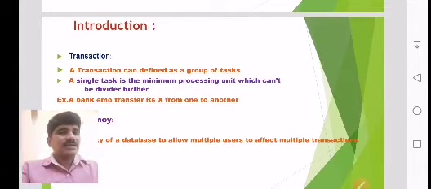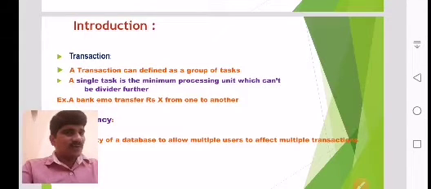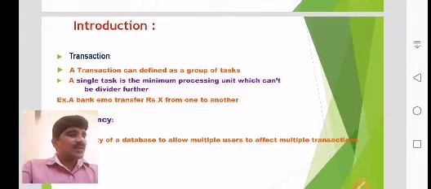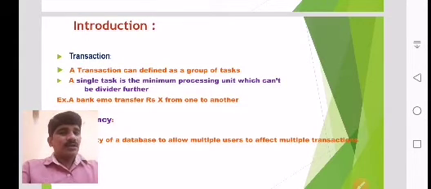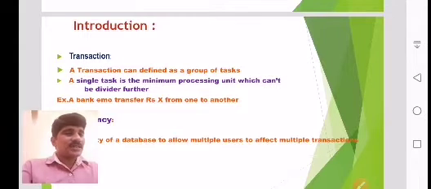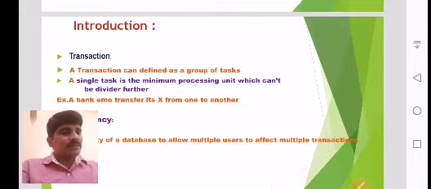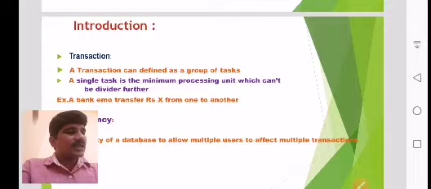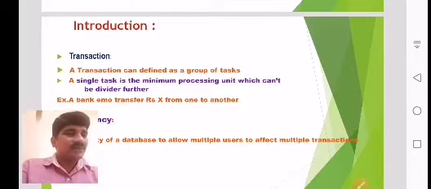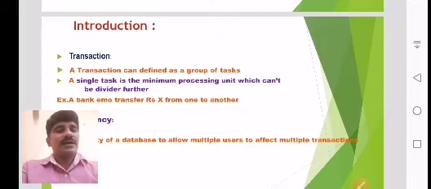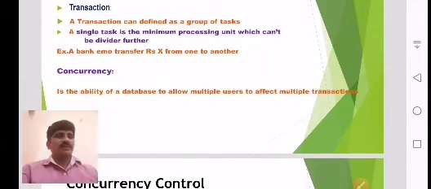If it fails, the transaction will not be completed, so automatically it ends. If it does not fail, it displays a partially committed message. Again, if the transaction is checked at the partially committed stage and it succeeds, it displays a committed message. If it fails, it goes to the aborted state. If it is a success, it is completed, and finally this is the end of the process. In these stages, the transaction is activated.